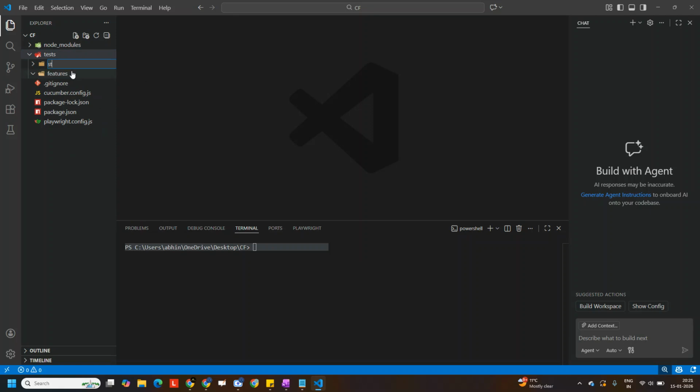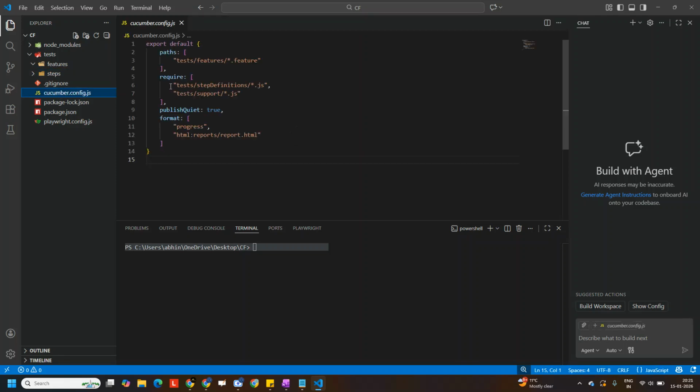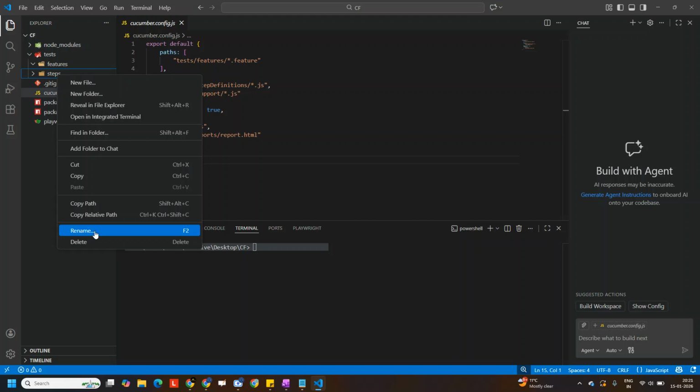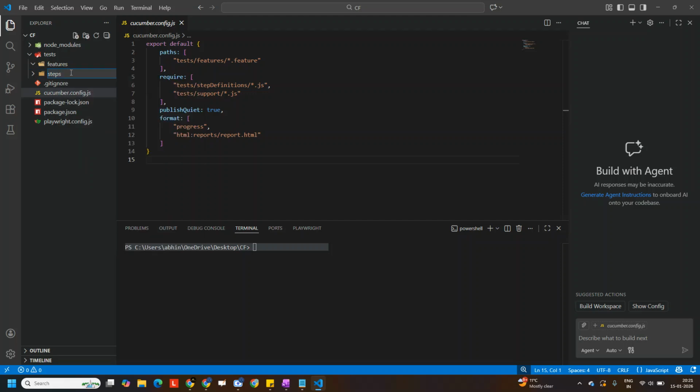There is your steps. Okay, this is your steps. This is another folder where we are going to keep track of the step definition files. Open it. I'm just renaming it to match the normal convention. Step definitions. Okay, so my step definition files would be in this folder, and my feature files would be in this folder,